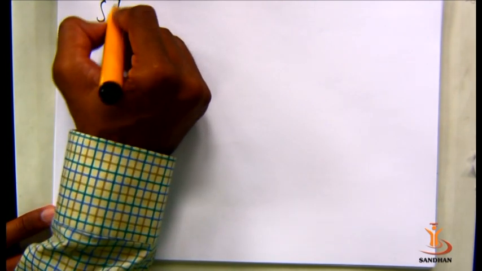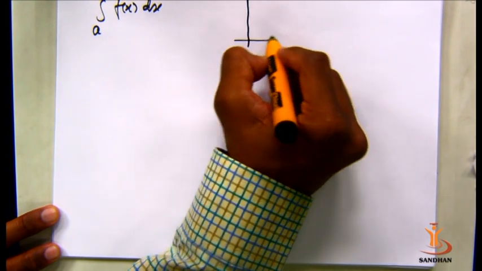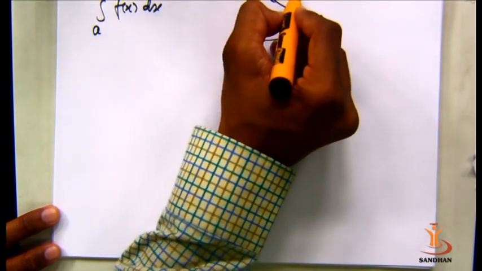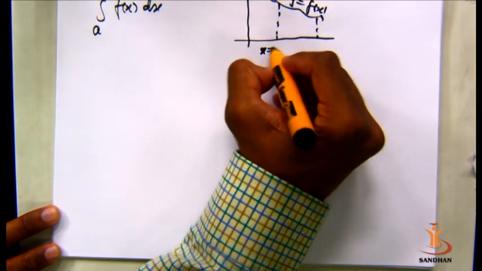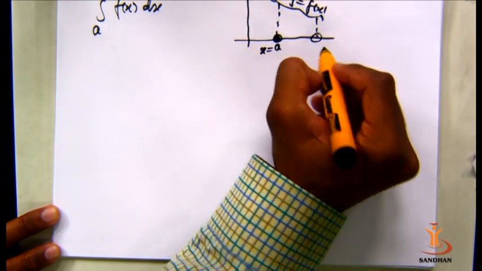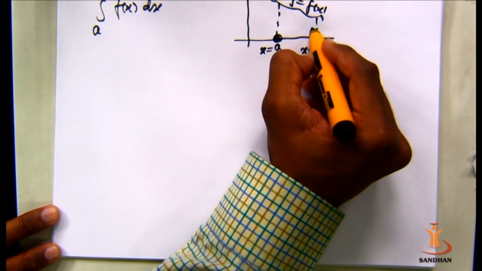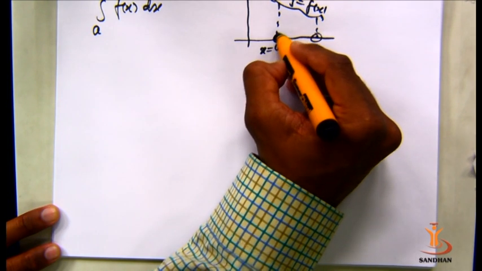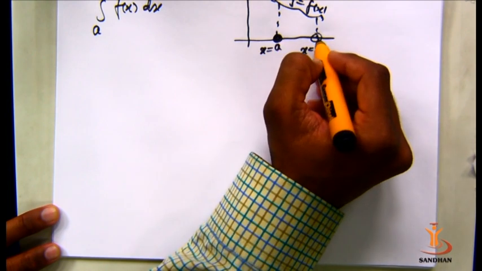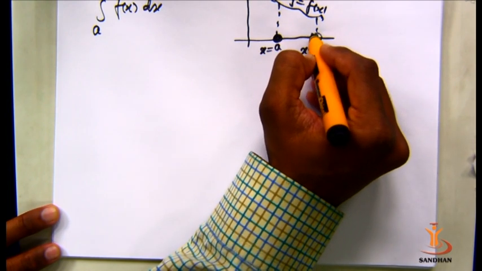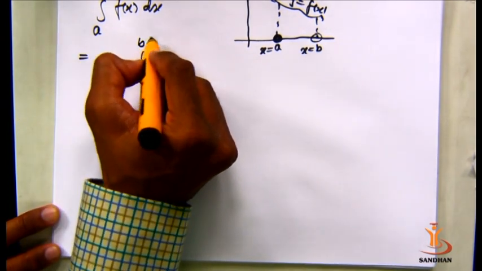between a to b, f(x) dx, at b the function is not defined. Consider the graph y equals f of x. At x equals a, the function is well defined; at x equals b, the function is not defined. So consider b minus something. Over here we are not considering b plus, because we need to consider this region between a to b. That is why, considering b minus delta, it becomes a to b minus something.